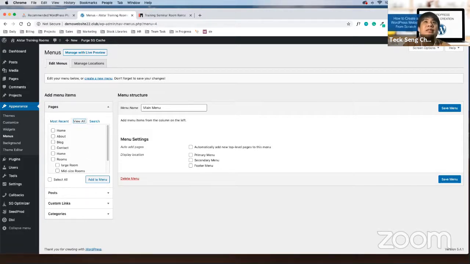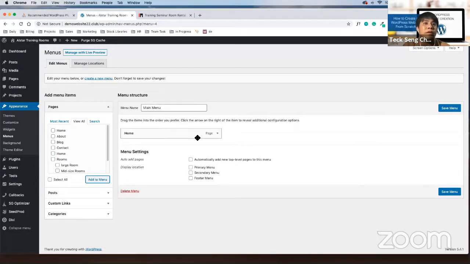We are going to select the second home, because the first home is just a sample only, so there's nothing there. Select the second home, click Add to Menu.